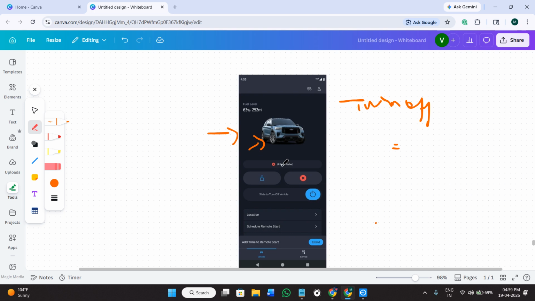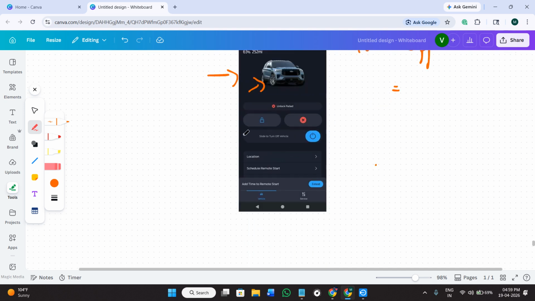Now over here you need to tap on your vehicle and then you just have to simply take a look at all of these options that are available here. So among these options you will notice the option of location which will be available. When you tap on the location option you will see the location sharing. So here you just have to turn the toggle button off in order to stop your car's location from being